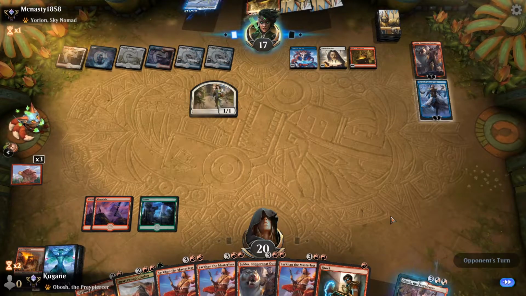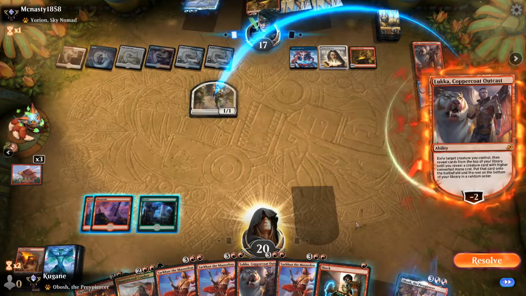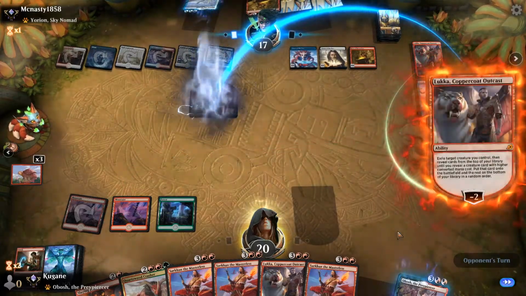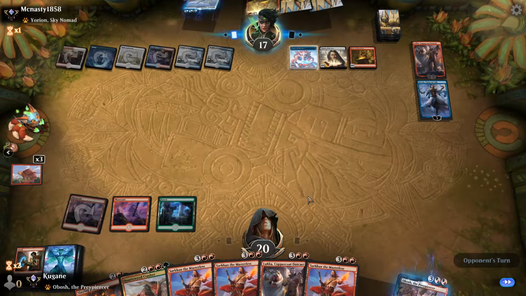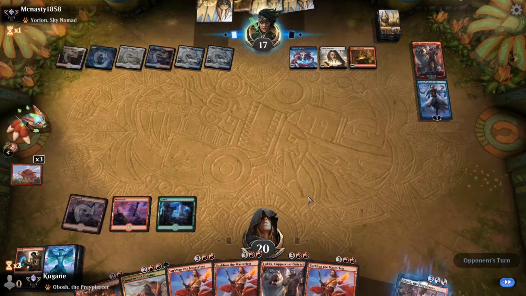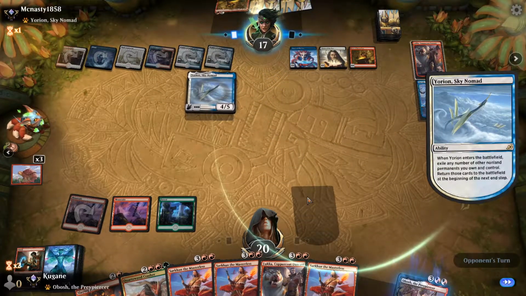Right. So I'm gonna shock the token. And I'm gonna Slaying Fire the Luca. I don't think he will... Oh, he Yorion's already. Well...